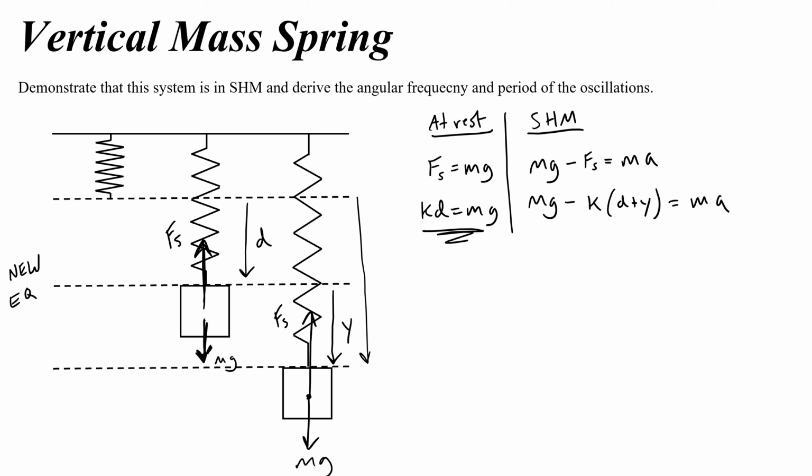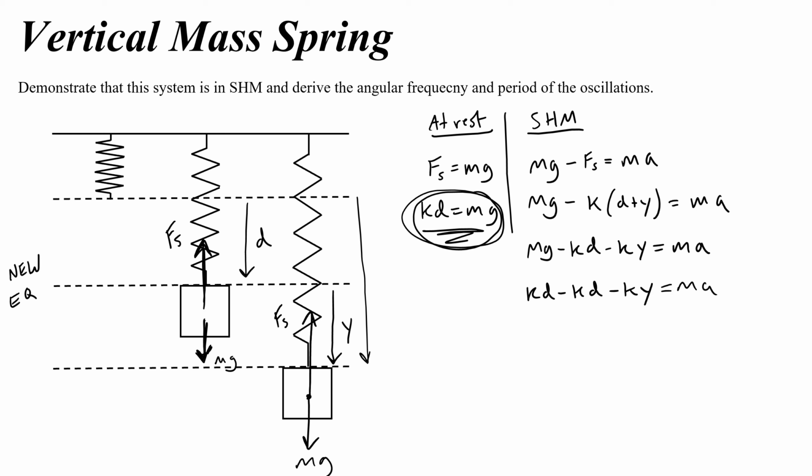And then we're going to factor this negative in. So mg minus k times d minus k times y. And here's where something interesting happens. We already know that when the spring was at rest, we were able to relate d and the spring constant to mg. Now that is still true, and so we can replace mg with kd, because we're in Kentucky, ky. So anyway, when I get rid of these two kd's, they subtract, then what I'm left with is negative